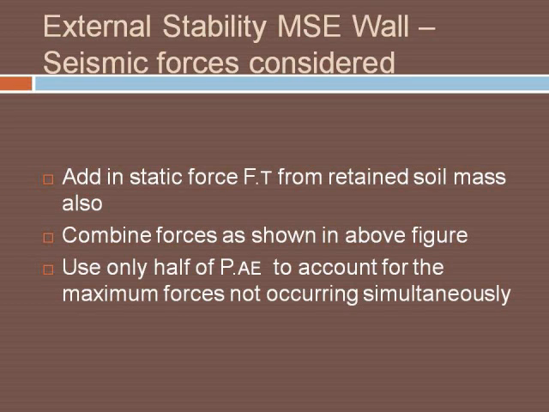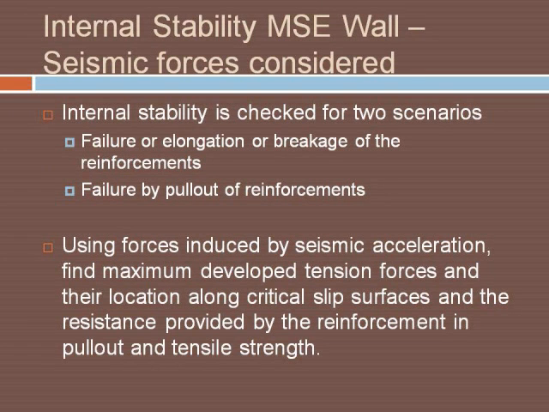The F sub T force from the retained soil mass also has to be added in. The combined forces are shown in the previous figure, and only half of P sub AE is used to account for the maximum forces not occurring simultaneously during an earthquake. For internal wall stability, two scenarios must be checked: failure by elongation or breakage of the reinforcements, and failure by